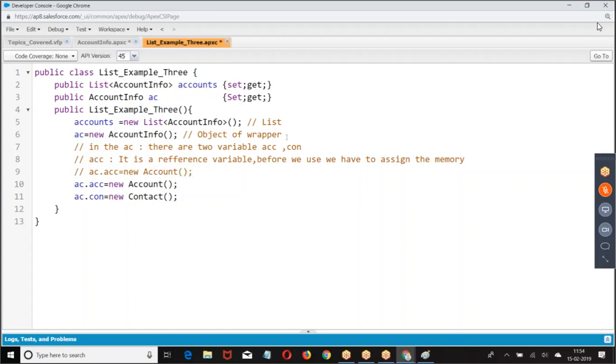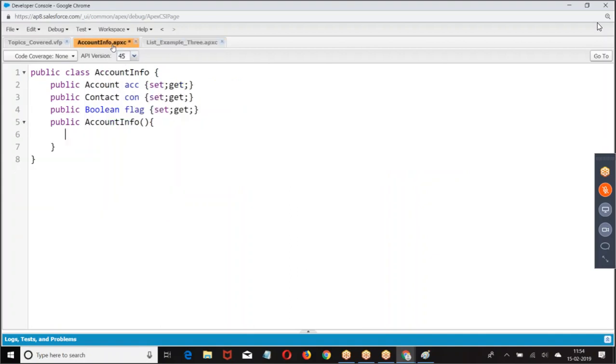Now what we are going to do? This is what I create. Now let us go to the next one. Create a VF page. Create a VF page to meet up the requirement.